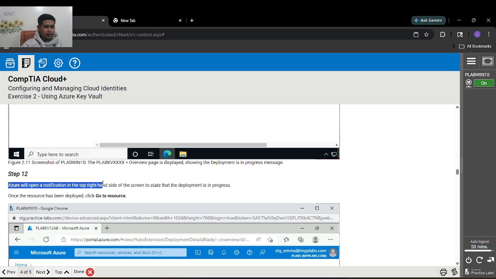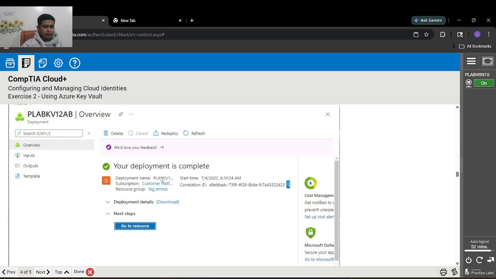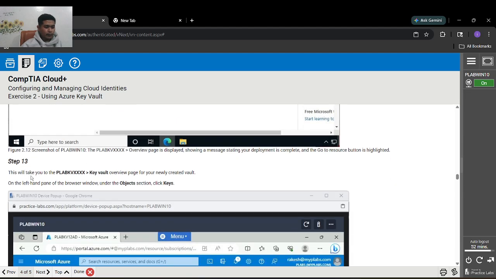Azure will open a notification in the top right hand side of the screen, stating that deployment is in progress. Once the resource has been deployed, click go to resource. Once your deployment is completed, click go to resource. Step 13, this will take you to the PLAB Key Vault Overview page for your newly created vault. On the left-hand pane of the browser window, under the Objects section, click Keys.